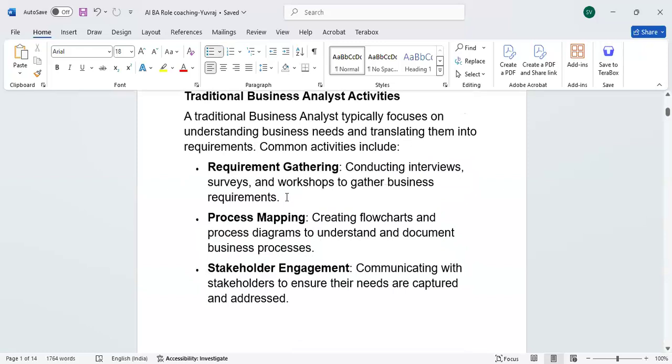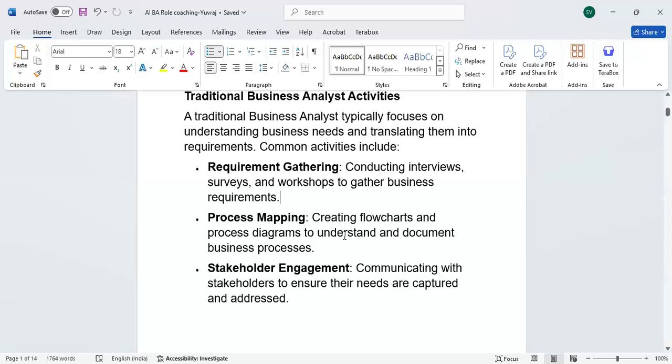Let us say if I am a BA, I'll be working under business sponsors. The business sponsors will have stakeholders within them, and also they will have users who are going to use the product for business operations. Then the product requirements, the BA should be able to understand first, and should be capable enough to explain to the technical teams.